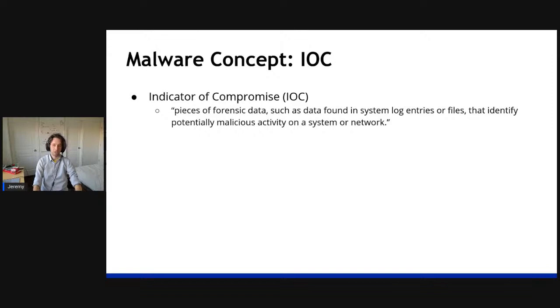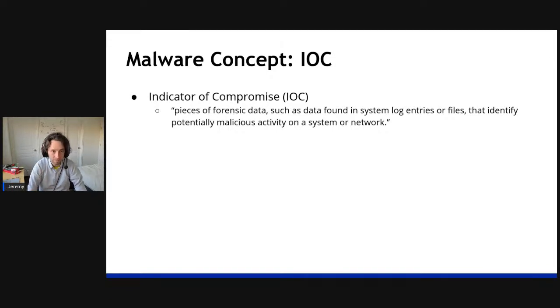So the definition that I found is pieces of forensic data, such as data found in system log entries or files that identify potentially malicious activity on a system or network. That sounds pretty formal, but we've been playing around with them for almost 2 workshops now. We know that they're just strings, websites, IP addresses, imports, anything that the malware is using that we could try to look for on our computer that would identify either that the malware is on the system or that it is running or has run on